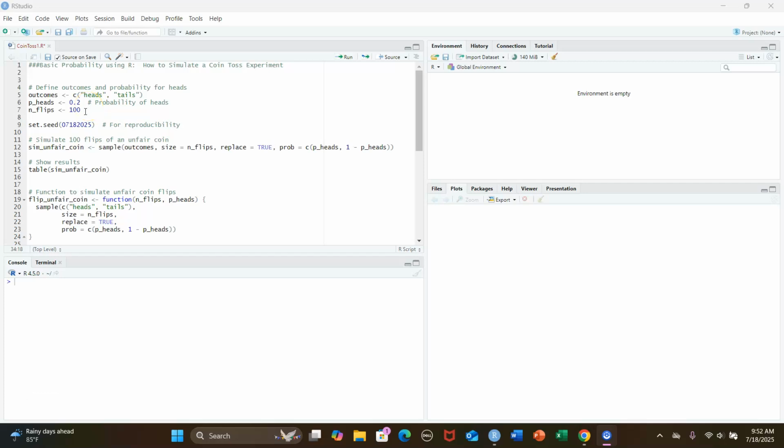Hi, statistics learners. In this video, I want to show you how to simulate a coin toss experiment for basic probability using R. As you know, a coin flip is a very typical example showing you probability, especially how probability is defined from relative frequencies of the number of events of interest over the total number